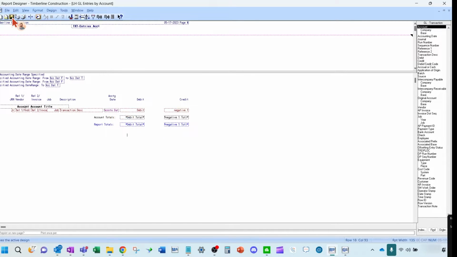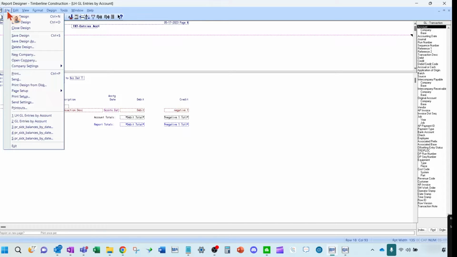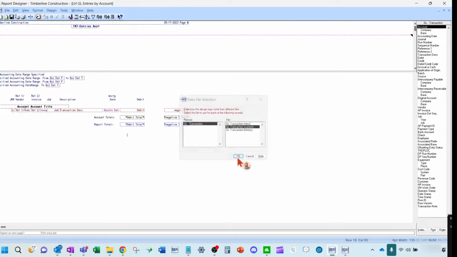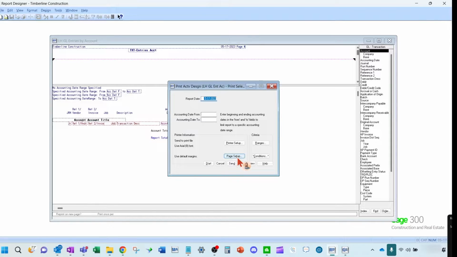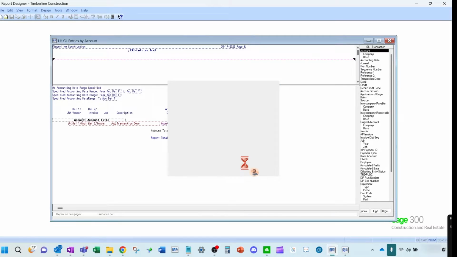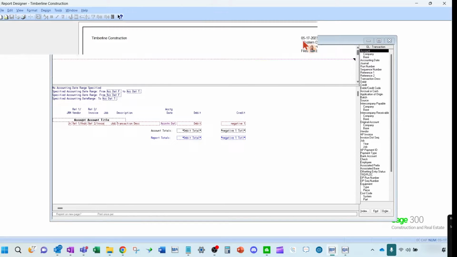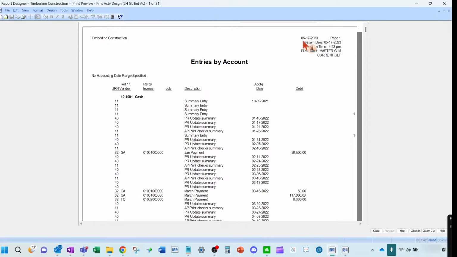So if I click save and we do a print preview, we'll just show you quickly how that would look. And I'll just do a quick print preview. So you can see here how the accounting date is not printing here because it's the same on that line.